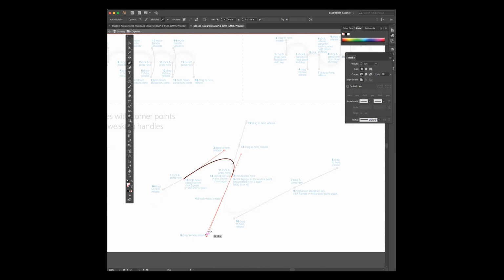All right, now I'm going to go to 7. I'm going to click and then drag the handlebar to 8. I'm going to go back to 9, click it. I'm going to hold down the Alt Option key,